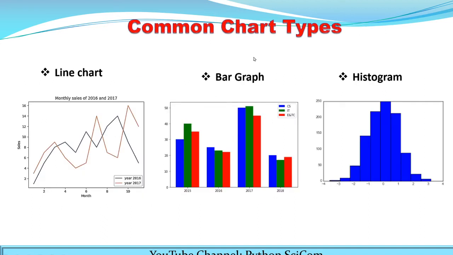Now these are some common chart types which are used. The first one is the line chart. In this line chart, two lines are represented. We can also represent many lines. This is the bar graph, where the data is represented by using bars. This is the histogram, in which we have created frequency ranges and the histogram is drawn. There are also other ways to represent charts, such as the scatter plot, the pie chart, or the frequency polygon.